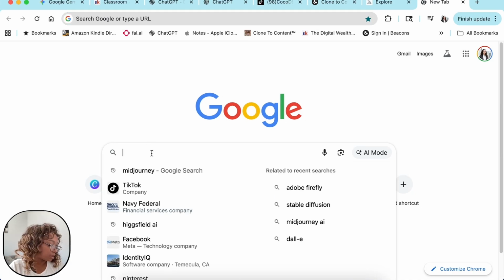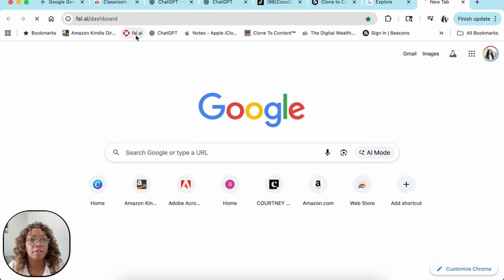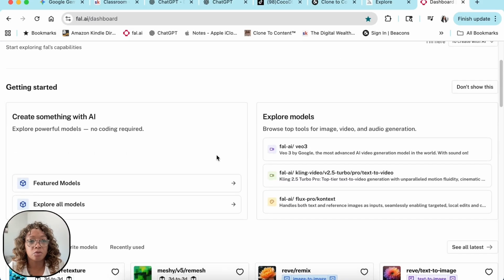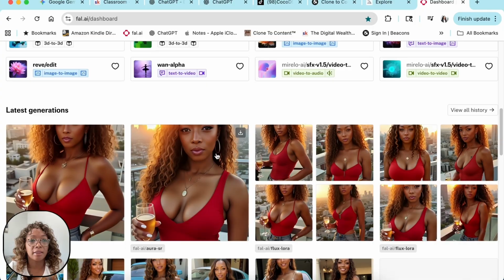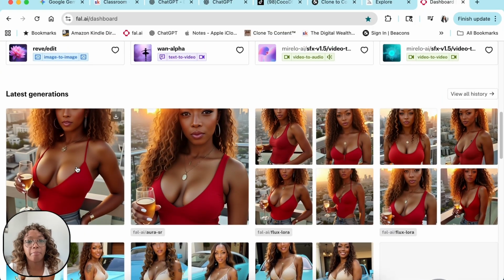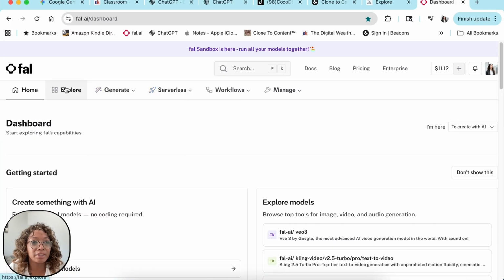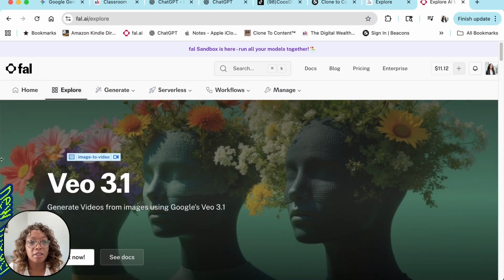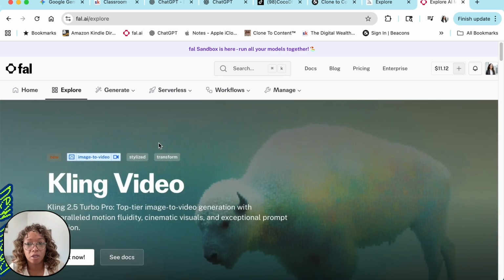The other one that I like to use is Foul.ai. This one I love because this is where I go to take my pictures and turn them into my twin. It's like a hub where you can go and they have different programs within that one software.